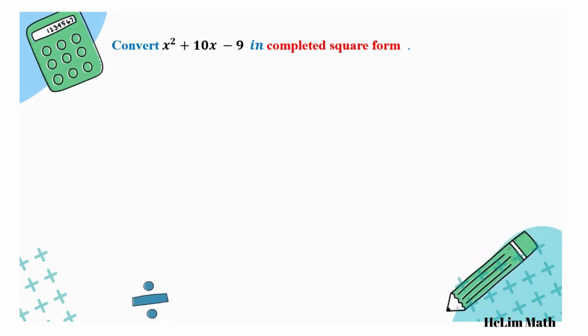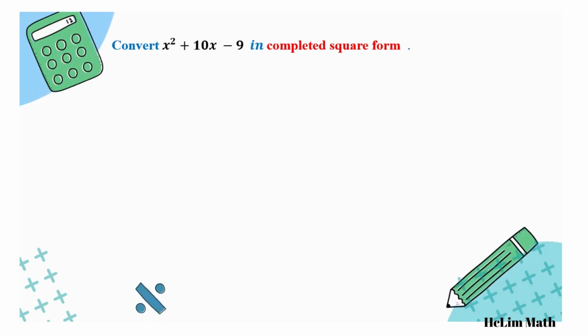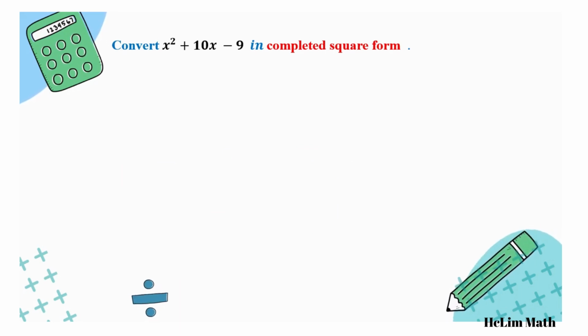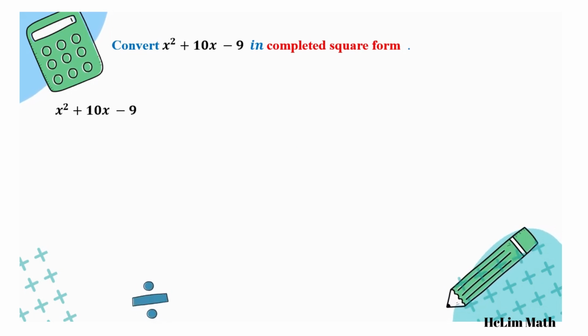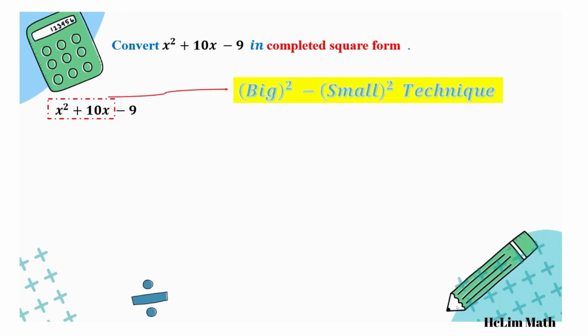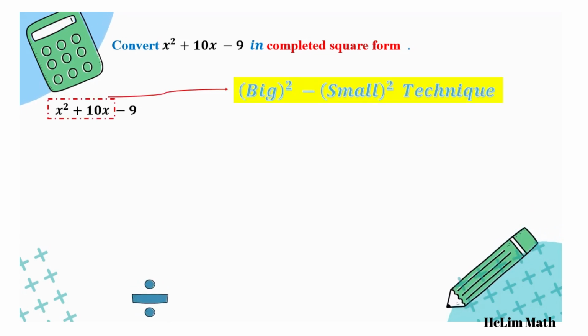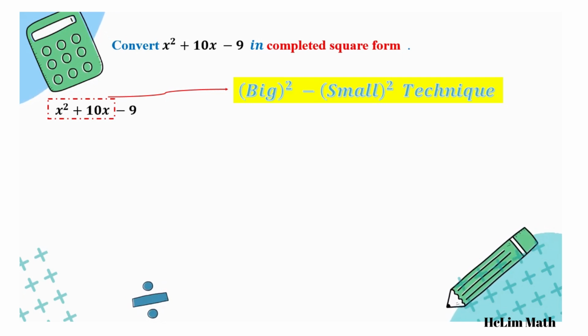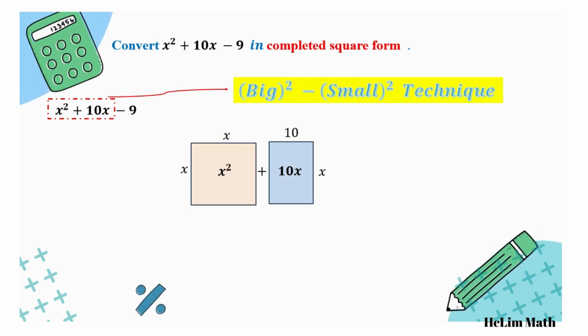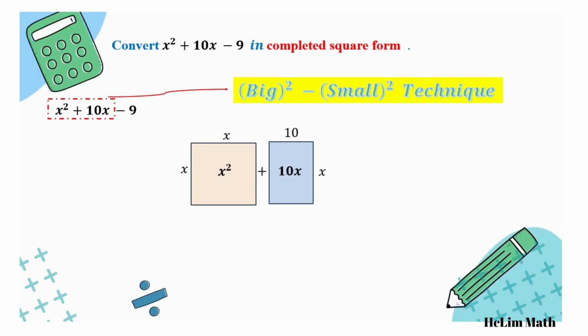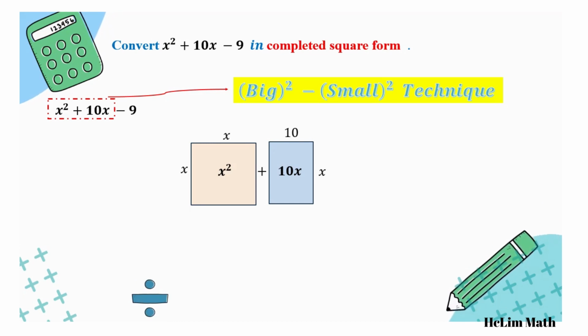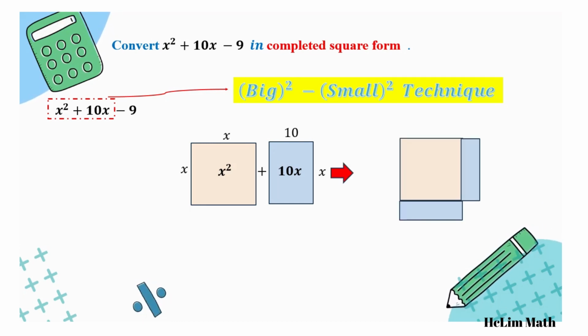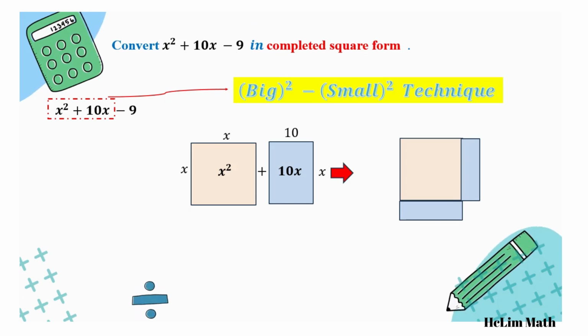Let me show you how you are going to apply the technique of big square minus small square in converting a quadratic expression into completed square form. For example, we have a quadratic expression of x squared plus 10x minus 9. In applying the technique, we only consider the expression x squared plus 10x. We can represent it geometrically. So we are going to get a square of side x and a rectangle of side 10 and x. In order to form a big square, we need to divide the coefficient of x